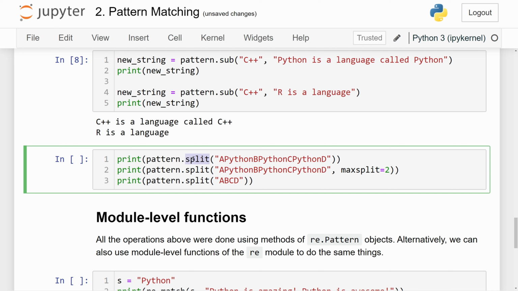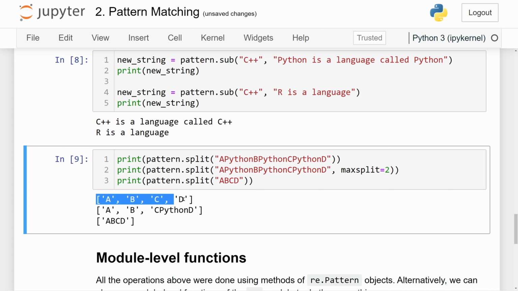Lastly, we have the split method. Now the split method is going to split our text at the locations where the pattern is matched. So here we have a Python, we have another Python, and we have another Python. You can kind of think about using some sort of a knife, cutting this string apart at those locations. So we get A, B, C, and D. And we can see if I run this code, indeed, we get a list of strings A, B, C, and